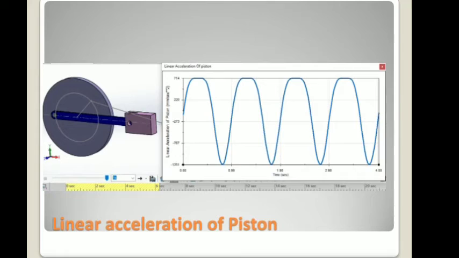Linear acceleration of piston is shown graphically as shown in the figure. The acceleration equation is quadratic, so we obtain a variation in the curve. It can be observed from the graph that acceleration has a maximum value of around 180 millimeter per second square when the crank angle is 0 degree. Similarly, when the connecting rod moves in the downward direction, acceleration becomes negative. It is also called retardation.